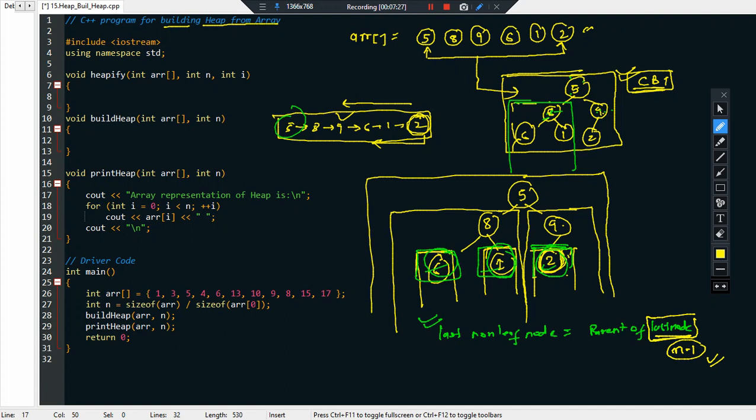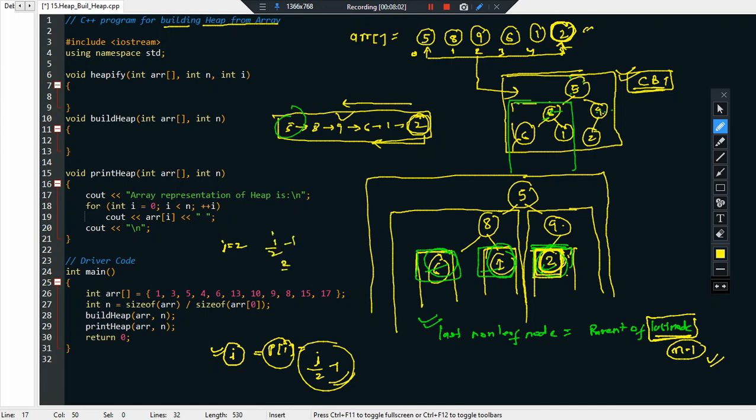Remember one thing, given an index I, if you want to find out the parent of I, then the parent of I will basically be nothing but I by 2 minus 1. This formula will give you the index of its parent. So basically if you point to this node 2, suppose I am indexing it, so 0, 1, 2, 3, 4 and 5. I am pointing to node 2. What is the parent of 2? Parent of 2 I can find out by I by 2 minus 1.